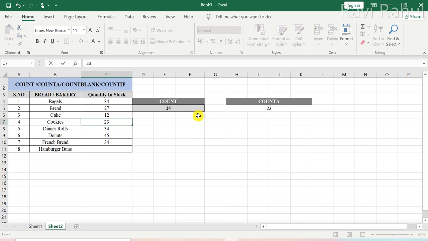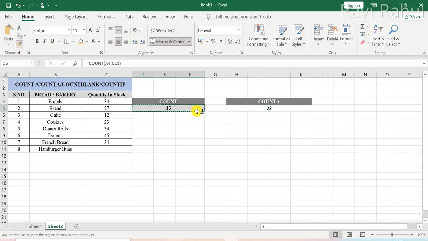You see the data in the count section will change to 14 because we have inserted a numerical value, and in the count a function it will be incremented by 1, that is 23, as we have filled a blank cell, isn't it? So you see both of them have changed. In this way you can apply the count a function and the count function.